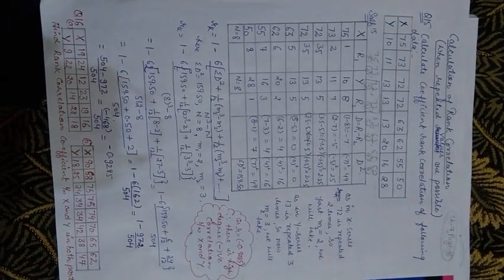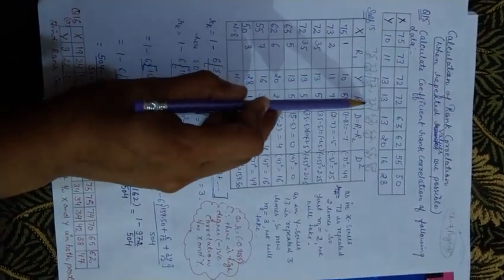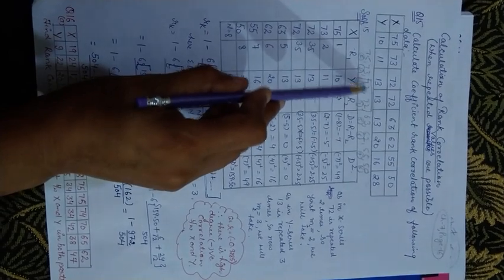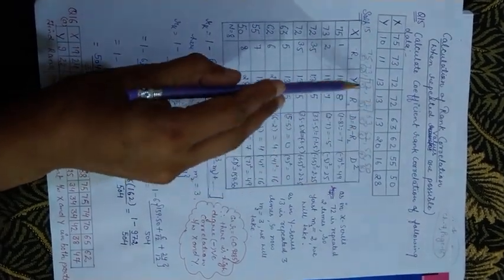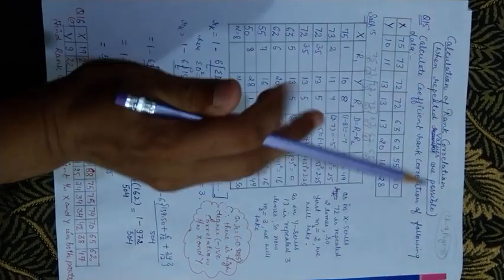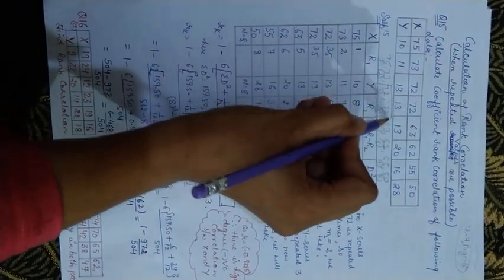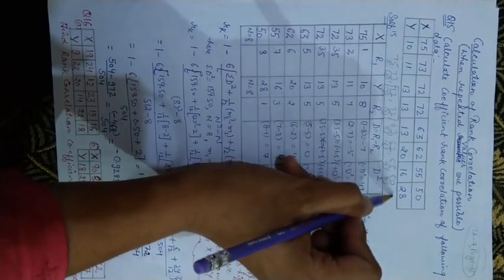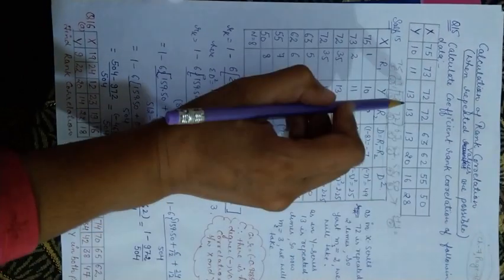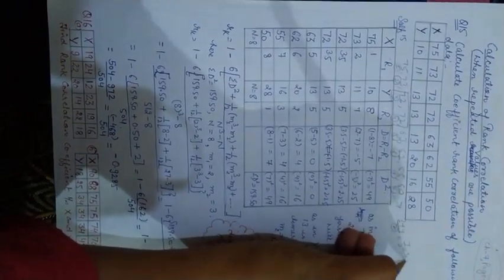So you should provide them the same rank. How will you provide the same rank? It is getting number 3, it is getting number 4, so you add these both. 3 plus 4 is 7. And how many values are these? 2 values. So 3 plus 4, 7, divided by 2, you will get 3.5. This is the way I have given the rank here. These two will get rank by the process of 3 plus 4 upon 2. Why 2? Because they are two values. So 7 by 2, that is 3.5.